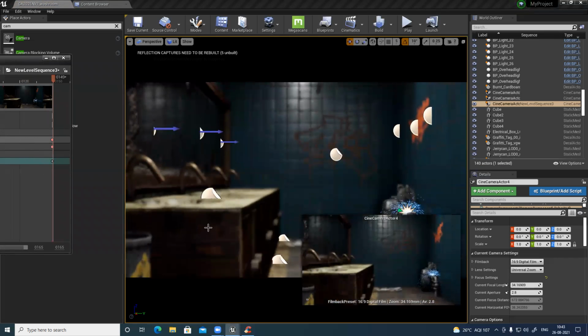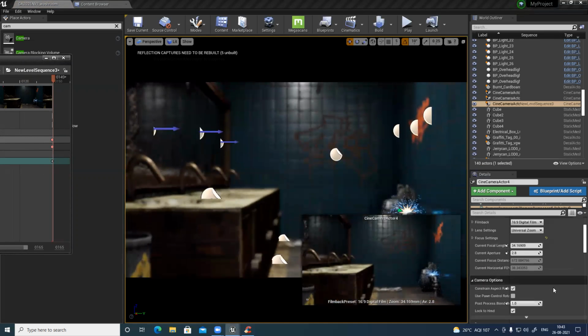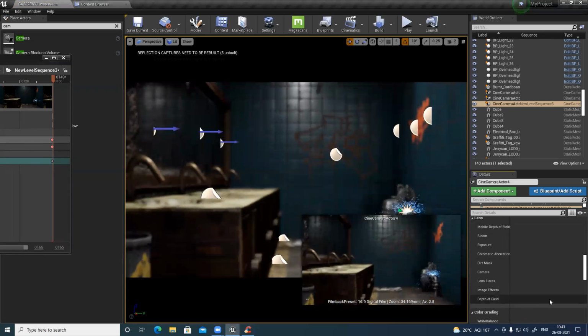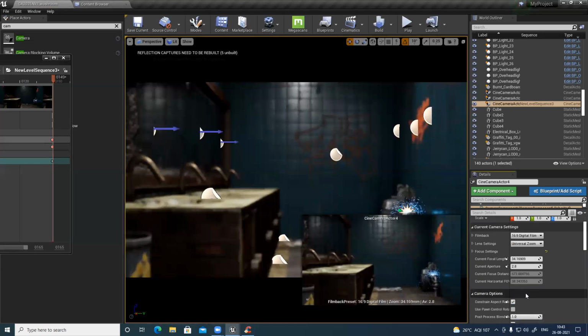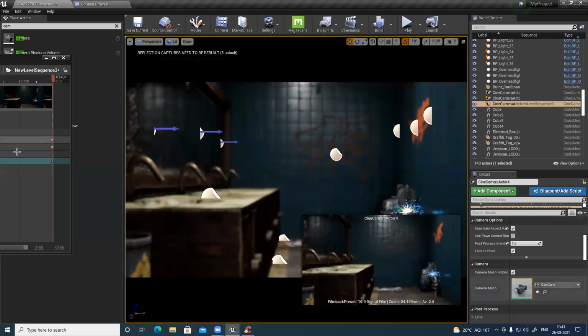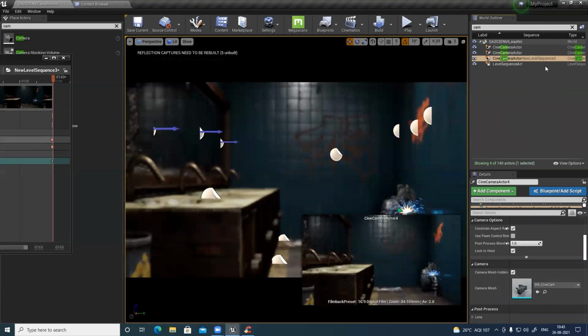So I kind of feel it's almost blur. Lens, depth of field. Oh, I have to select the camera before that. That's why I'm not able to see it.